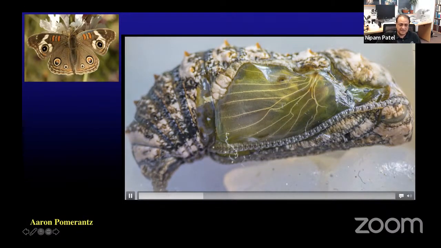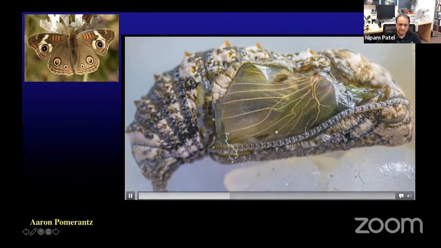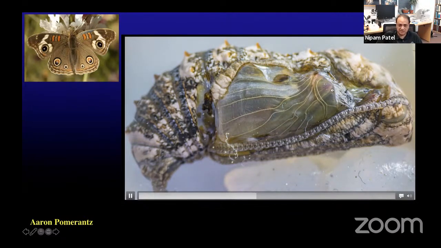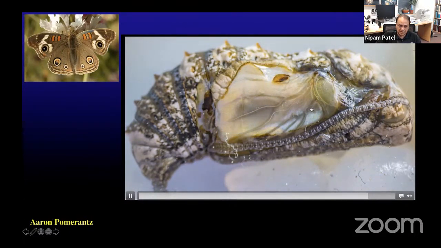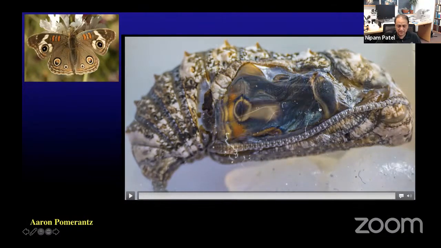And this is 8 days of pupal development. So you can see the wing developing now, the entirety of development. Now you see the scales coming in and they look kind of silvery. You see the wing veins. And now, toward the end of development, you'll see all the pigment colors come in, okay? So now we can actually watch all of wing development.